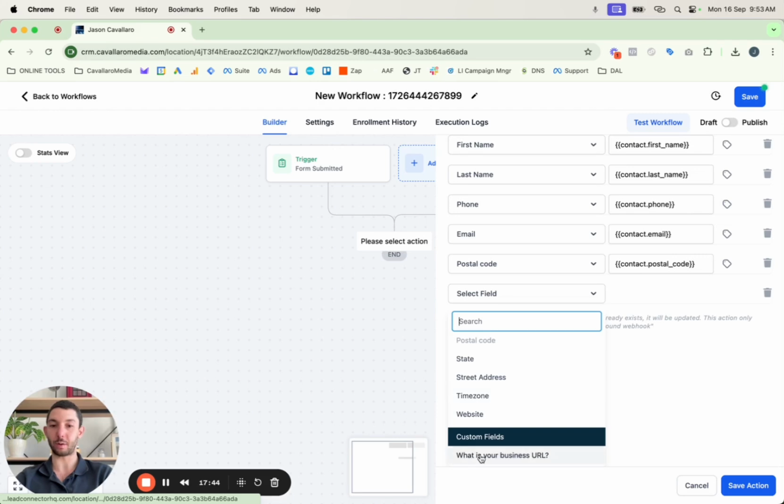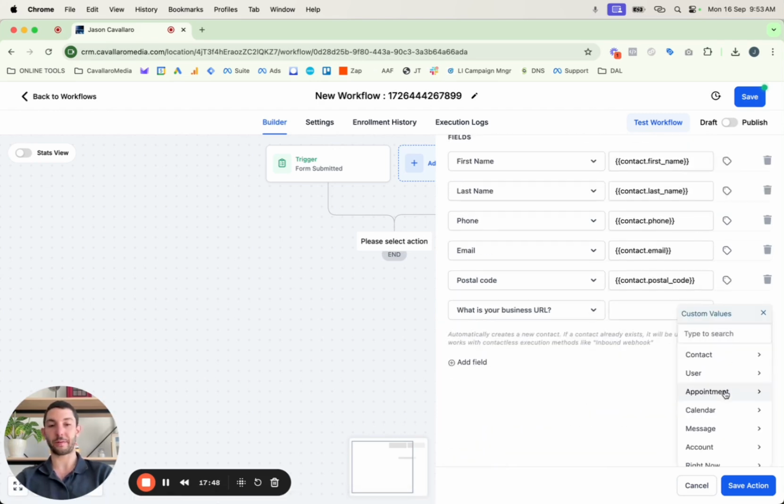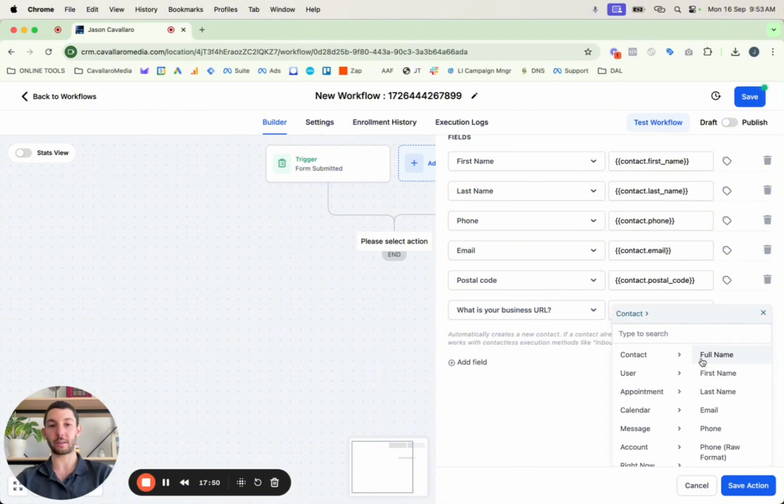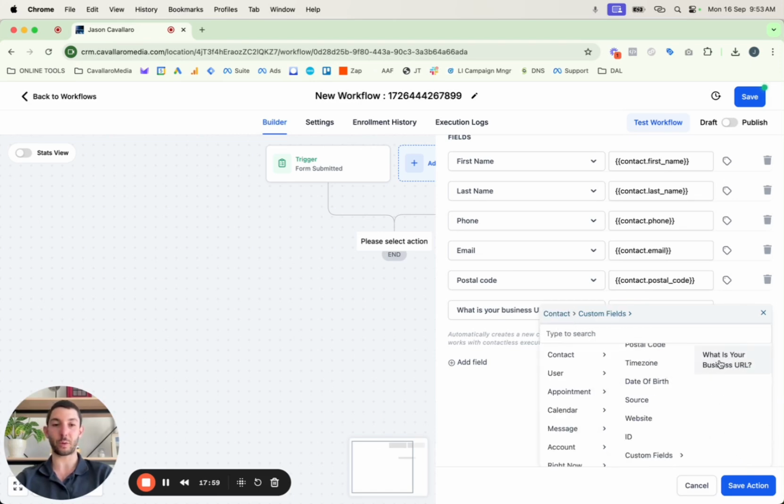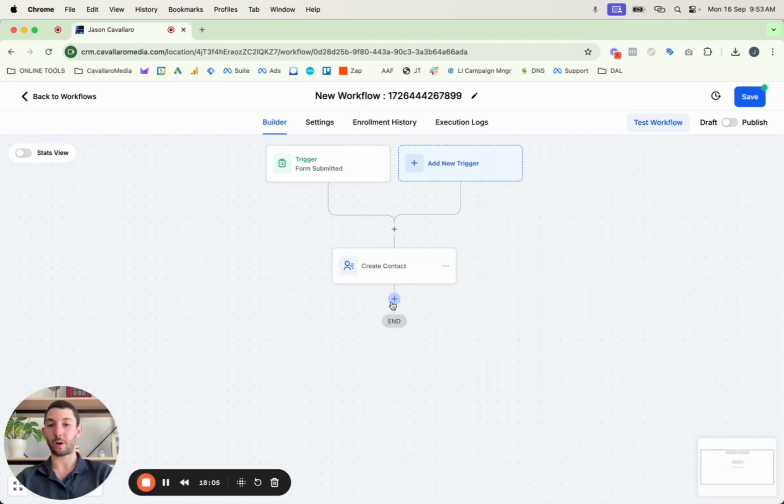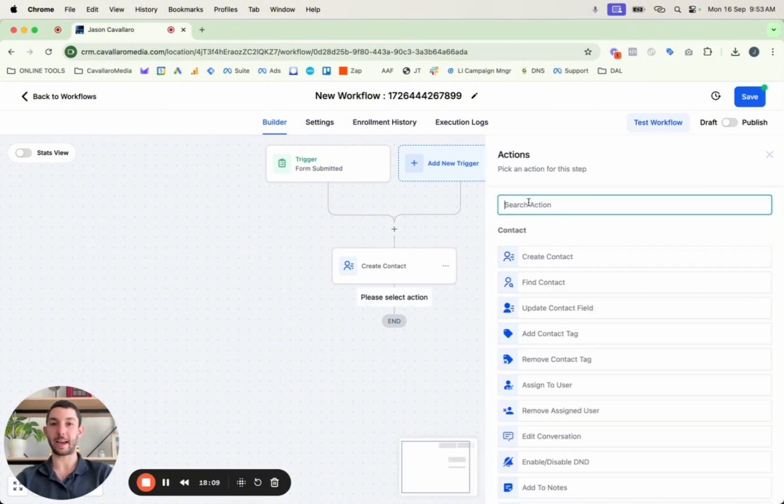So you'll find that down the bottom. What is your business URL? Then where we find custom fields here is in contact. We go down all the way to the bottom in contact. So contact, scroll all the way to the bottom, custom fields. What is your business URL? We know that that has successfully integrated. We can go plus again, and we want to send ourselves an email. So we go,